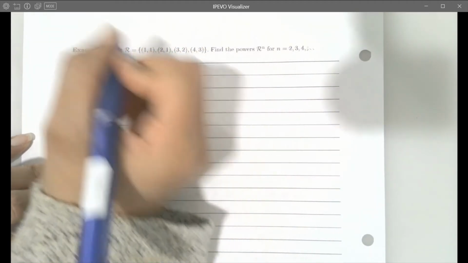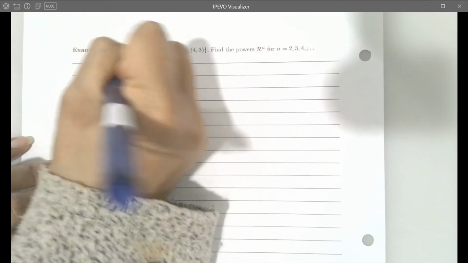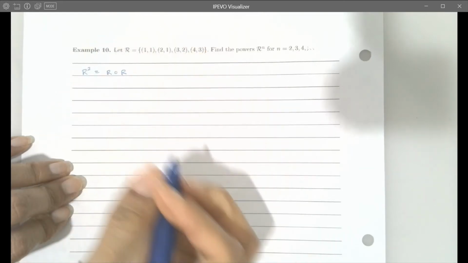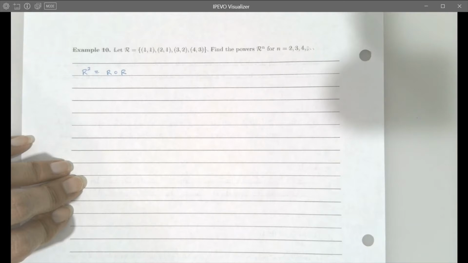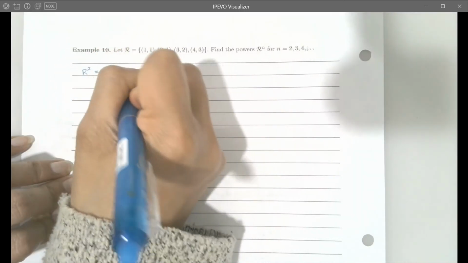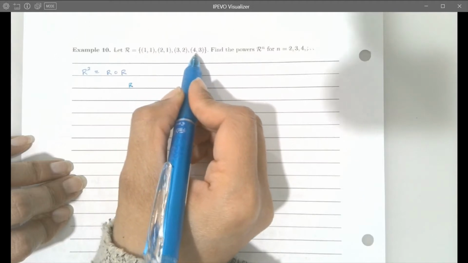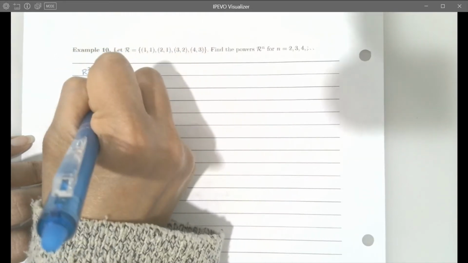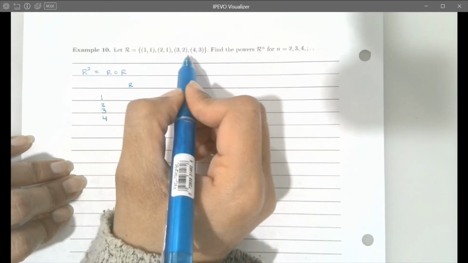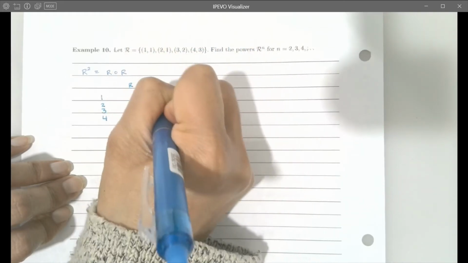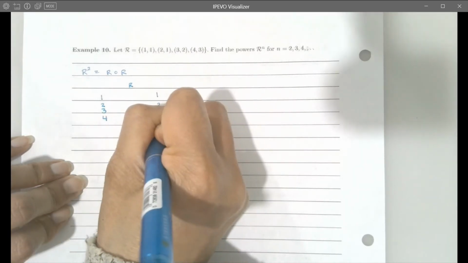So we're going to start by finding R to the second, which means this is R composed with R. And so we're going to draw similar to what we did in the previous problem, the set of inputs, and the set of inputs are 1, 2, 3, 4, to the set of outputs, which are also 1, 2, 3, except for the 4, so I guess just 1, 2, 3, but technically we include the 4 there